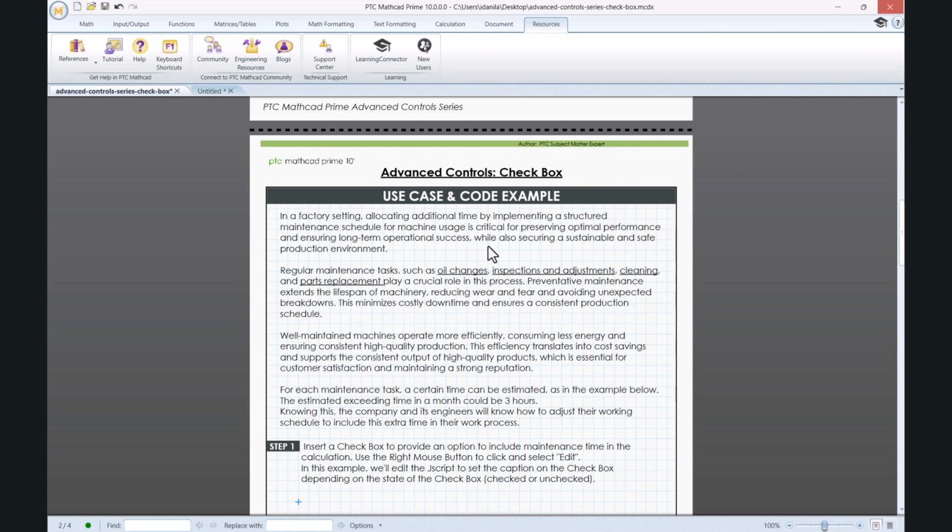Assuming we have a factory setting, we want to allocate additional time by implementing a structured maintenance schedule for machine usage. This helps with preserving optimal performance and ensuring long-term operational success, while also securing a sustainable and safe production environment. We may have certain regular maintenance tasks, such as oil changes, inspection adjustments, cleaning, or parts replacement in the